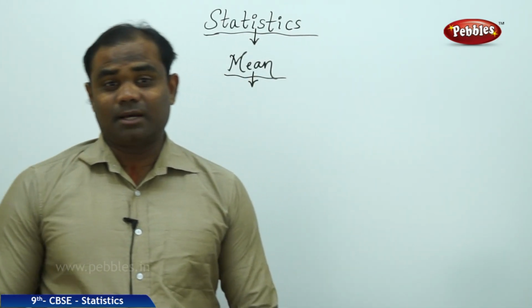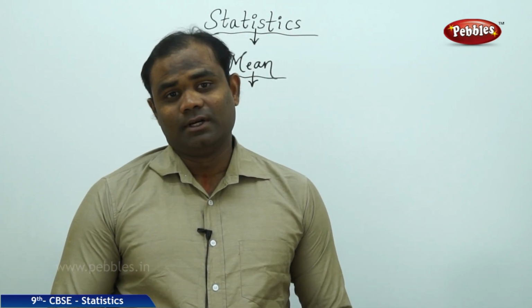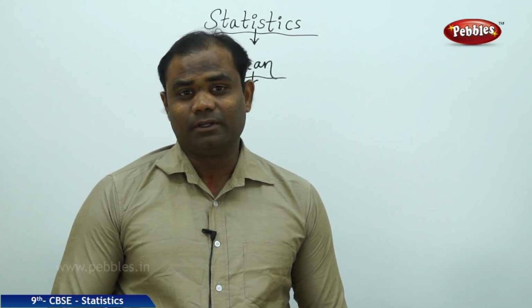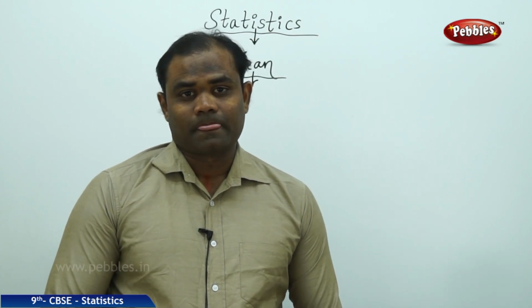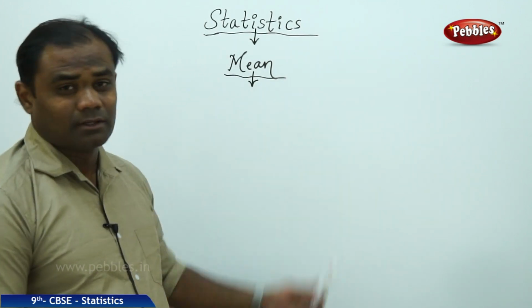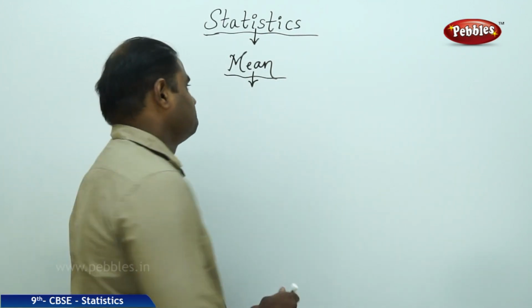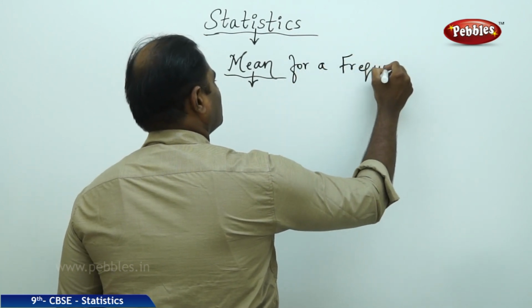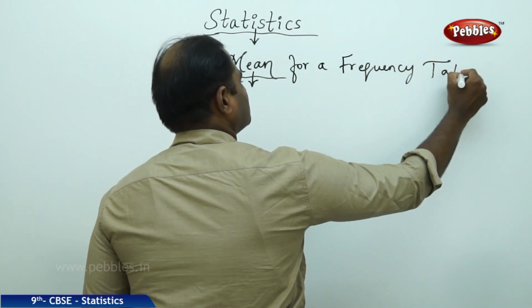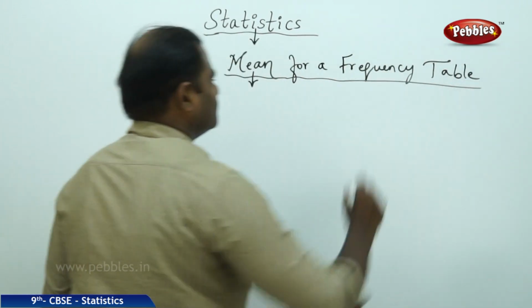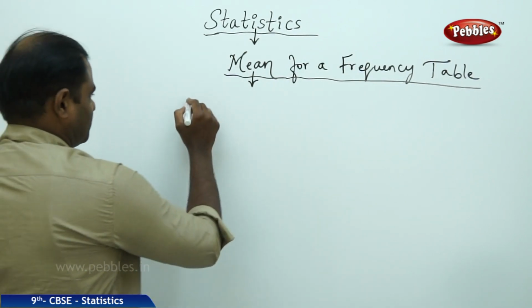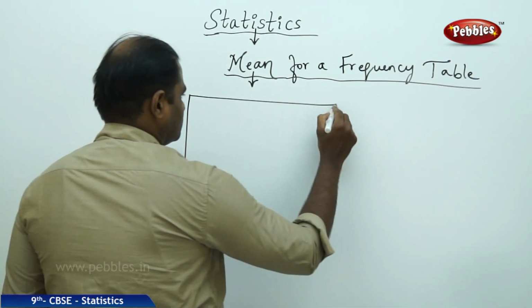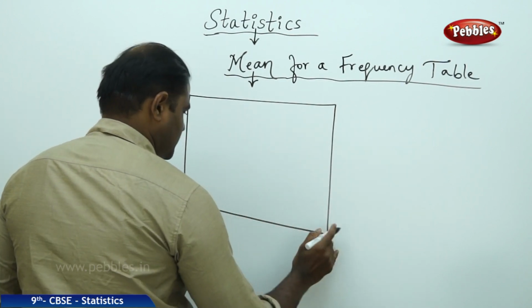Now that we have discussed mean in the previous example with runs scored by the cricket batsman in the first 7 overs, let's see how we can calculate mean for a frequency table. This session is about finding mean for a frequency table. For example, if I have a frequency table